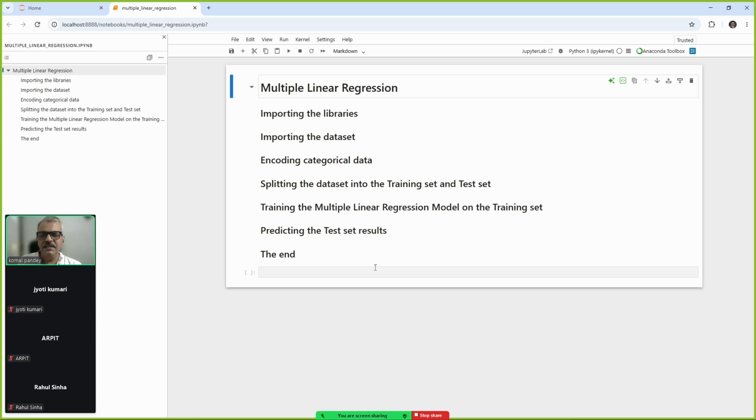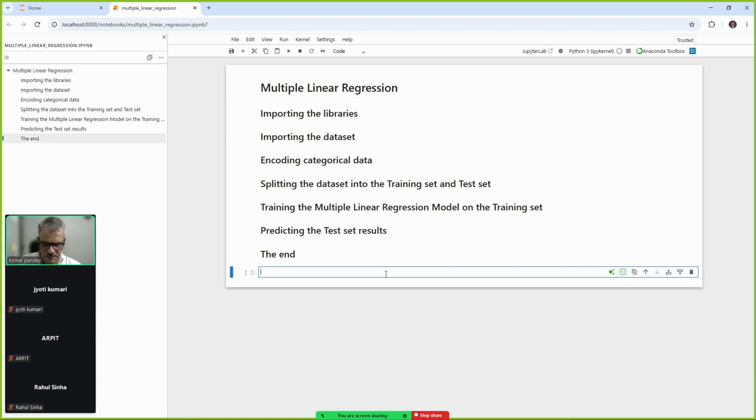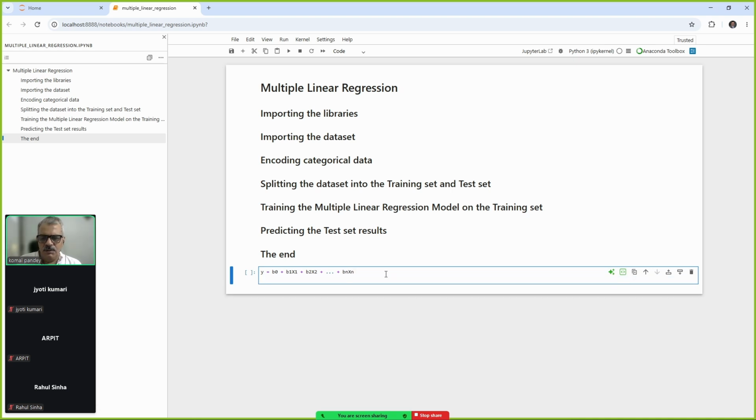So let's understand the equation for multiple linear regression first. The equation is y equals to this. This is y hat actually, the predicted value. So y equals b0 plus b1 x1 plus b2 x2, and you can add more pairs to it, up to bn xn, right? So where